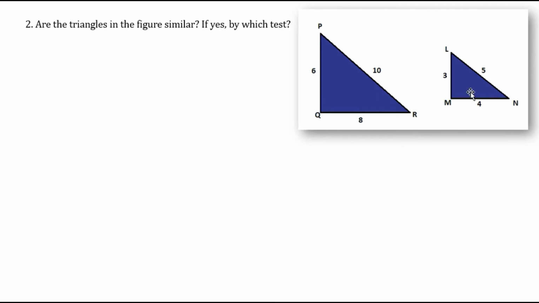With this information, we take the ratio of corresponding sides. Let us consider side PQ of this triangle, which corresponds to side LM. If we take the ratio of these corresponding sides and those ratios are equal, then according to the SSS test we will say these two triangles are similar. So let's start. Solution: